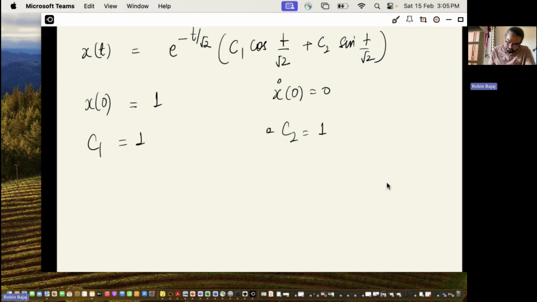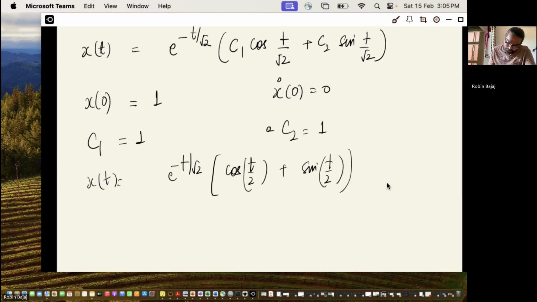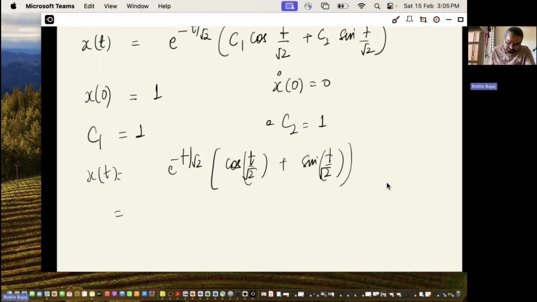Right. Okay. So this means your solution has to be, okay. Now you can always write cos A plus cos B as... 5/4. This you can write, right? So yeah, so your solution will become